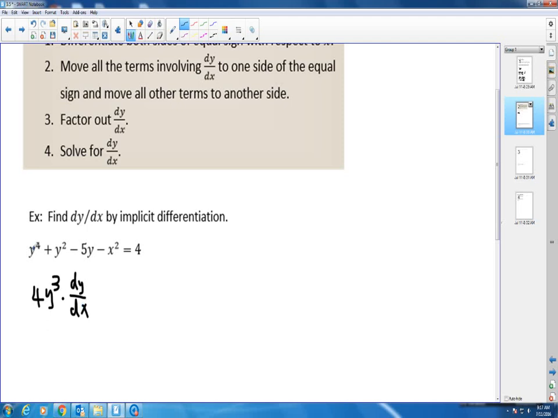Because in reality, we really cannot take a derivative of y to the 4 with respect to x because there's no x here. That's the reason why we view this as a chain rule. Plus the derivative of y squared with respect to x: exponent goes down 1 times the derivative of the inside, which is dy dx,